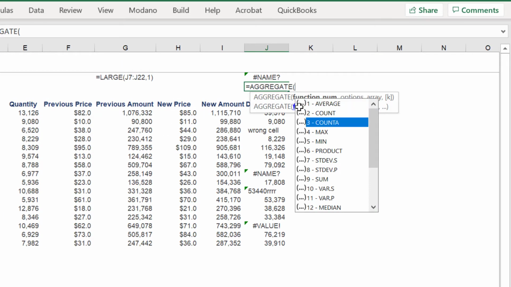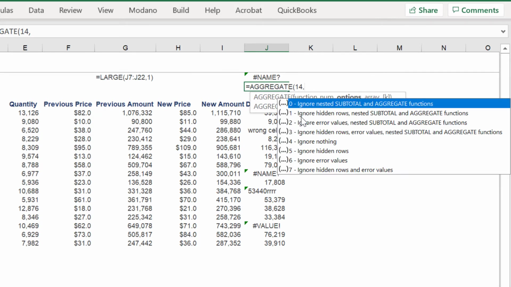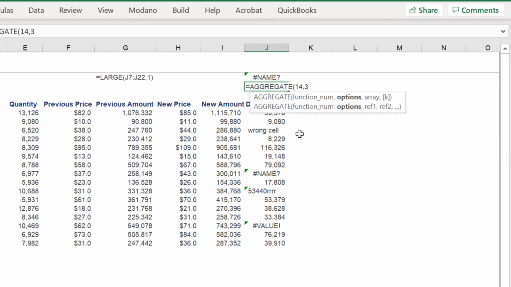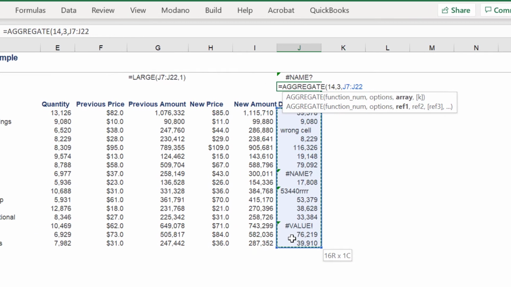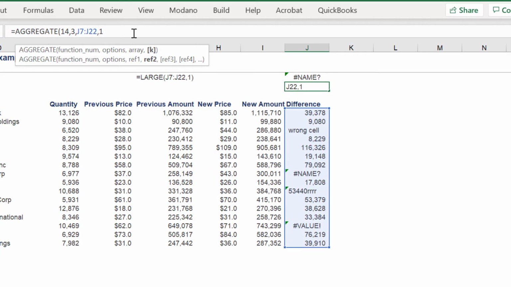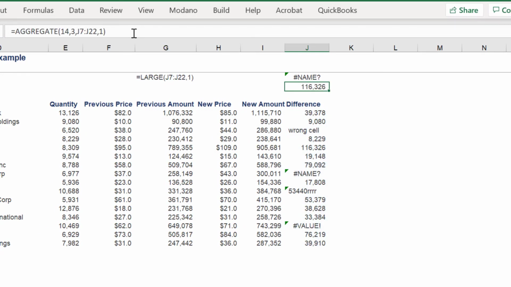We can use the AGGREGATE function and choose the function number 14 for LARGE. Then choose option 3, ignore hidden rows, error values, nested subtotal and aggregate functions. The array will be the underlying range of cells and choose 1 for the k-th syntax, or the first largest number. As we can see, the AGGREGATE function is correctly returning the largest value in the data range of 116.326. Again, here is the